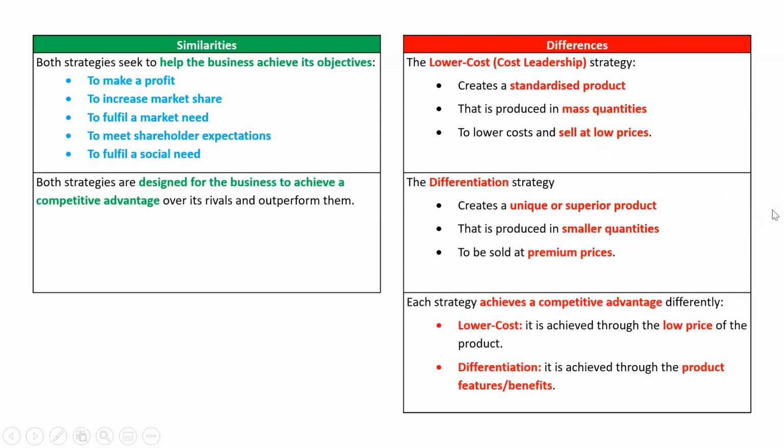And lastly, we could say each strategy does attempt to achieve a competitive advantage, which we've got as a similarity here, but they just do it differently. So lowest cost is about what is your competitive advantage? Price. Differentiation, what is your competitive advantage? Well, it's the product itself, and it's